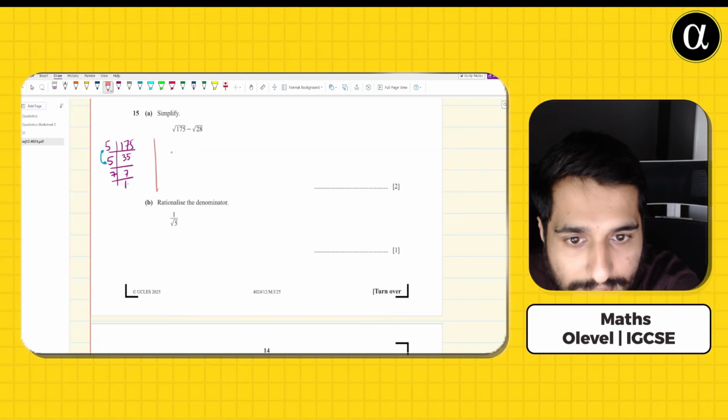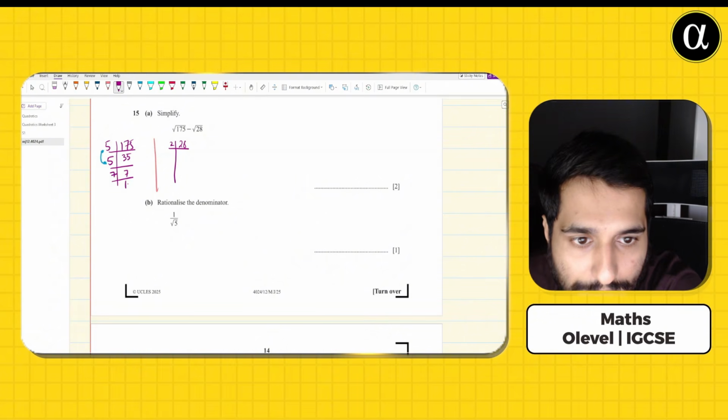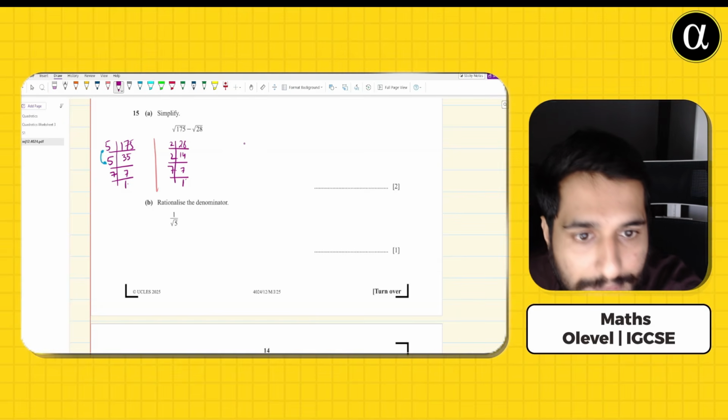Let's solve the other thing. That is the square root of 28. When we take the prime factorization of 28, we divide by 2 and get 14. Further divided by 2, we are left with 7. Further divided by 7, we are left with 1. So what that means is,